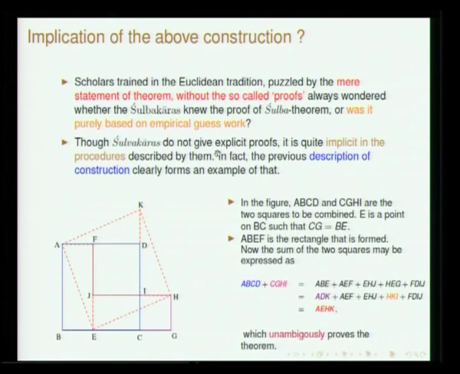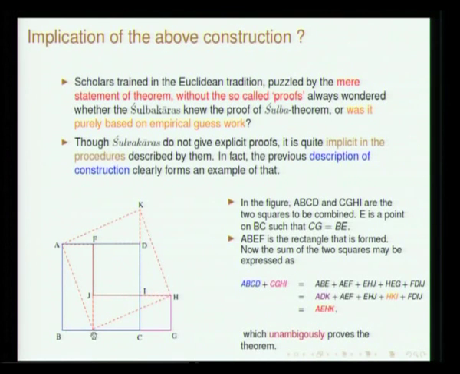Okay. This has been a question which has been discussed at great length, and what we can easily see is the Shulakaras, though they did not explicitly give proofs of these various procedures, it is quite implicit in the procedure itself. For instance, in the previous thing, if you look at the sum of these two areas, it can be conceived like this, see ABE, it can be conceived of various triangles ABE, AEF plus and so on and so forth.